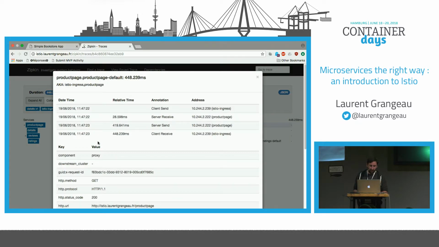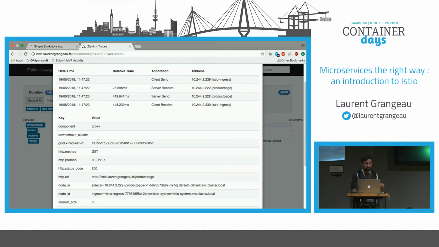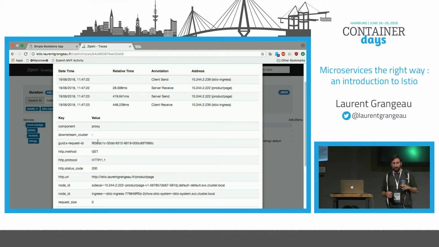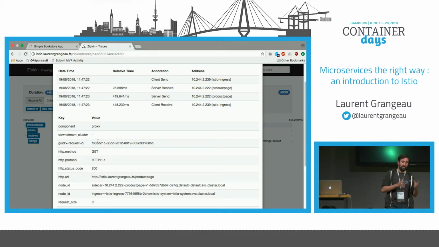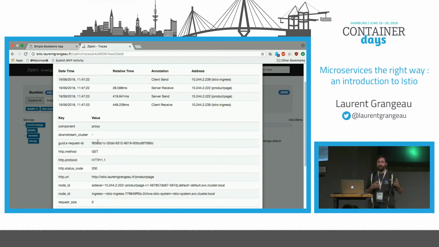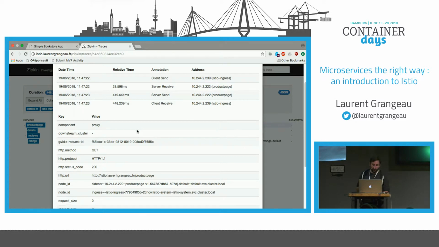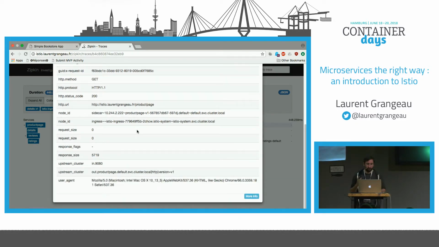So this is a very convenient way to see all the traces the application generates without knowing where your application is being deployed on the large cluster. So you don't have to implement some kind of trace or logs or stuff like that. Just using Zipkin is a very convenient way to see the trace of your application.